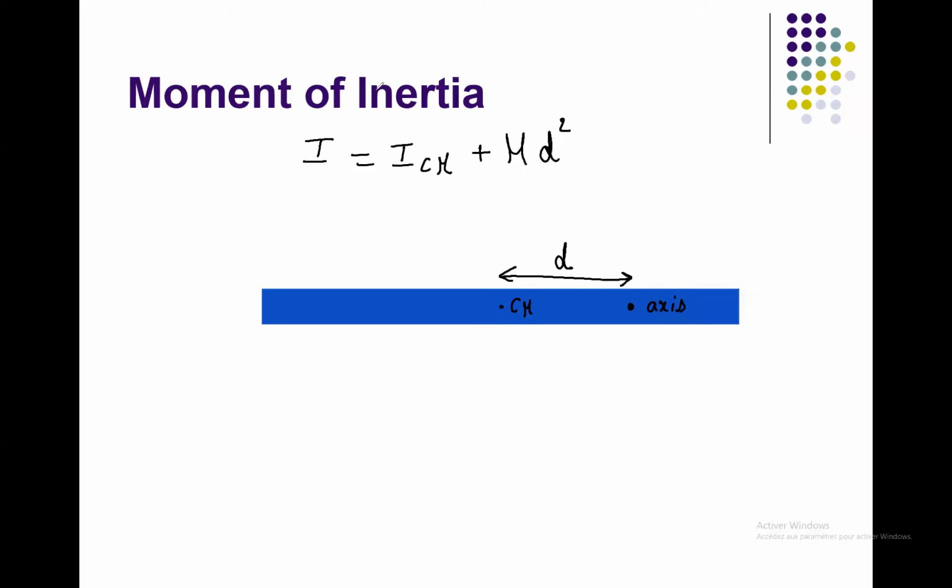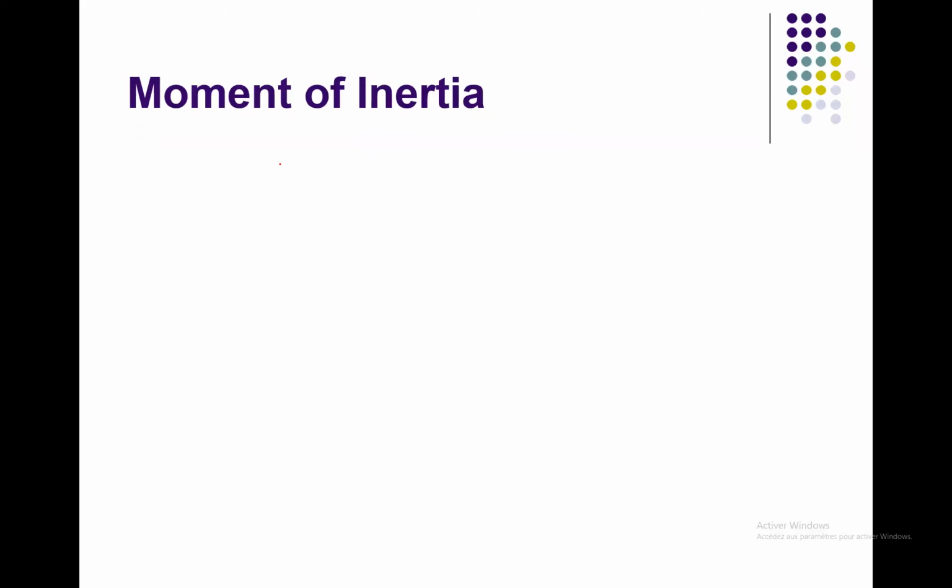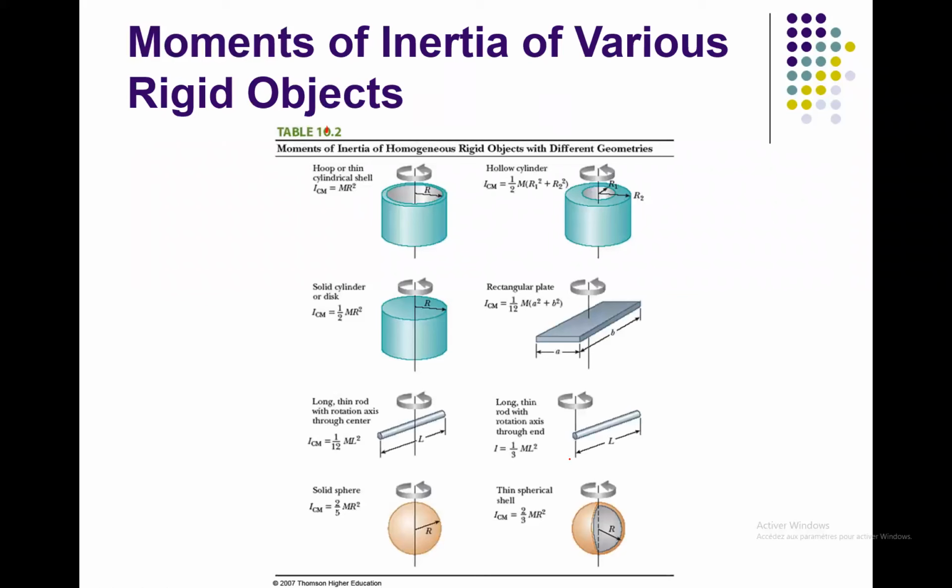And I_cm in the case of a rod. What is the difference here? Here we don't have I_cm, okay? Here I give you I total. If we have the axis passing at the edge of the rod, like our case,